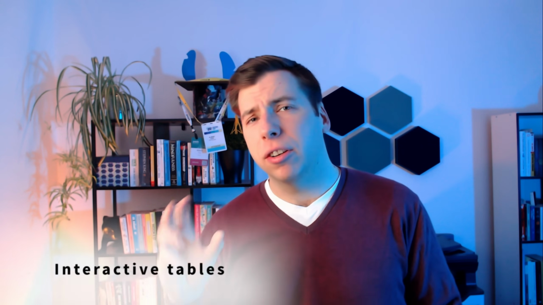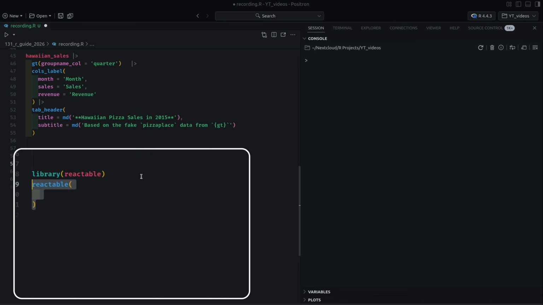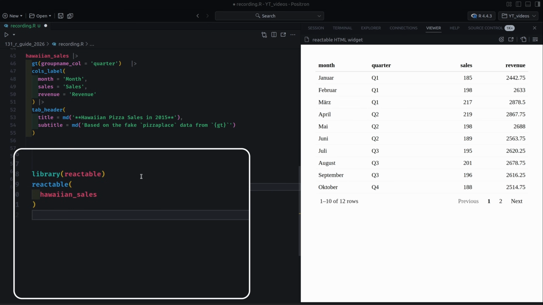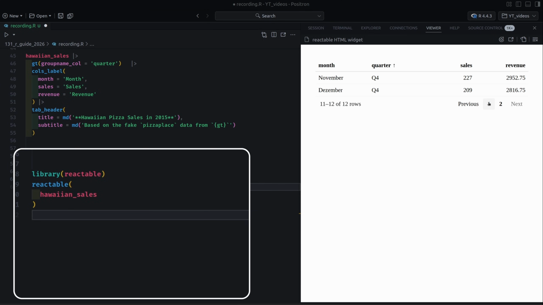And for interactive tables, you can use reactable, and there the logic is a little bit different. You don't chain together stuff, but instead you put everything into the reactable function. You start with the data set, and then if you execute this, you'll see that you get a table. And it is interactive by default, so that means you can already do basic operations like sorting or paginating through